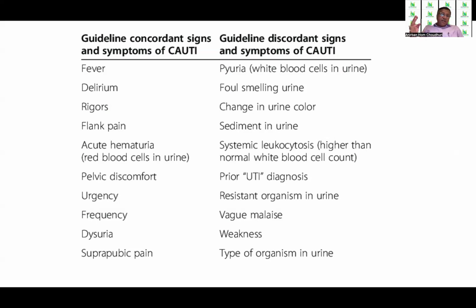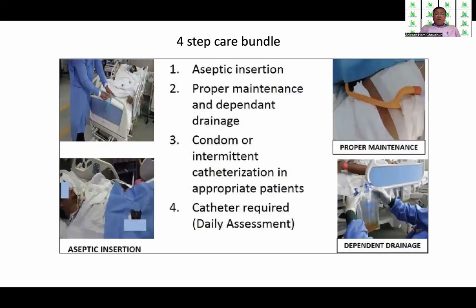If you look at this, fever, delirium, rigors, flank pain, hematuria, pelvic discomfort, urgency, dysuria and suprapubic pain are all concordant signs and symptoms of CAUTI, whereas pyuria, foul-smelling urine, change in urine color, resistant organism in the urine, weakness and prior UTI diagnosis are all discordant signs and symptoms of CAUTI. We have to adopt a 4-step care bundle: aseptic insertion, proper maintenance and dependent drainage, condom catheterization in appropriate patients, and daily assessment of the need for the catheter, to reduce